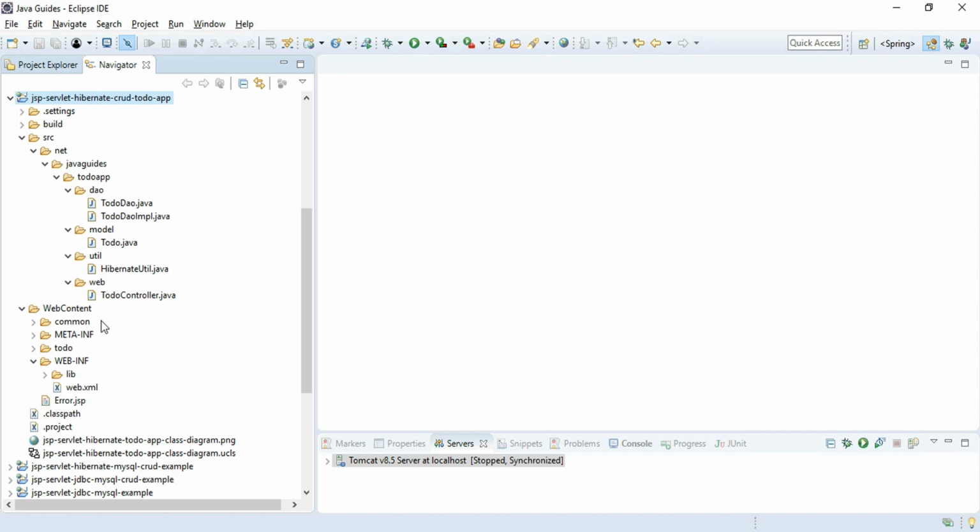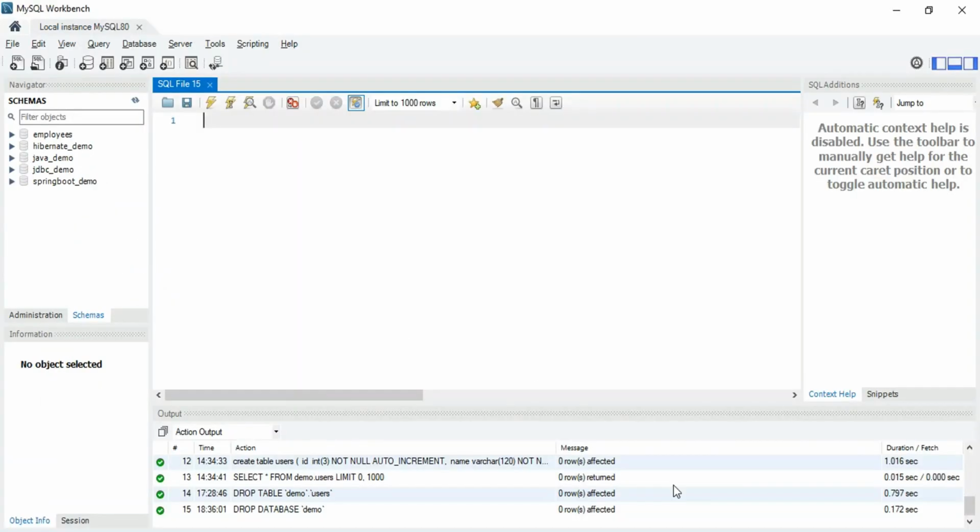So first of all, we need to set up the database. This is the important part. Before moving ahead, we'll set up the database. As I mentioned, we are using the MySQL database, so let me use MySQL Workbench to create a database. So I'm in MySQL Workbench. Let us